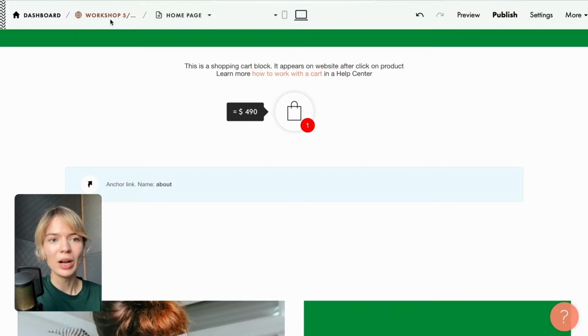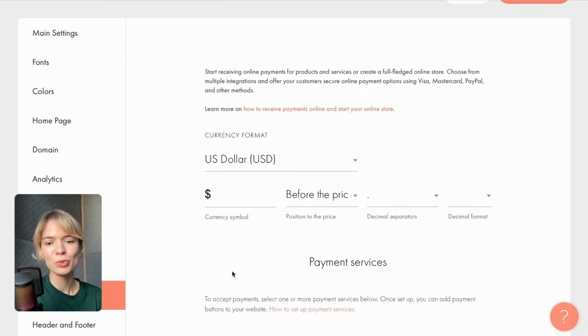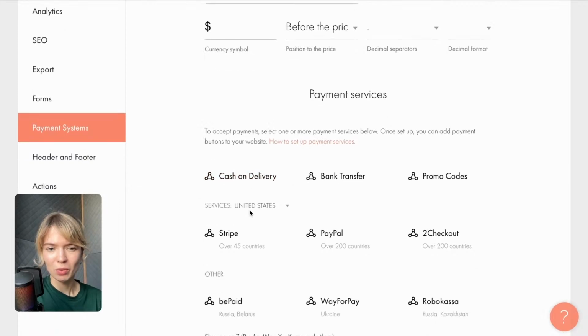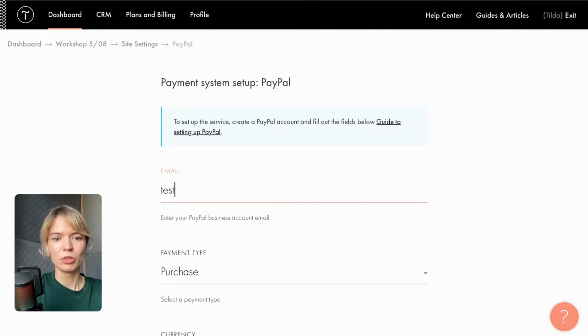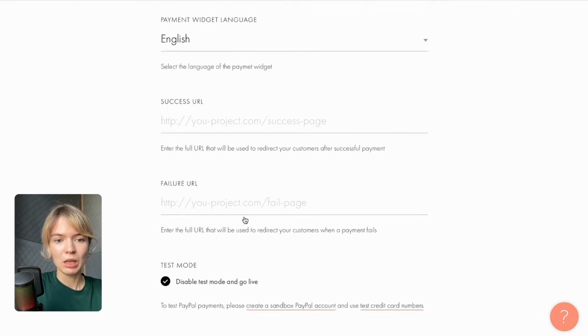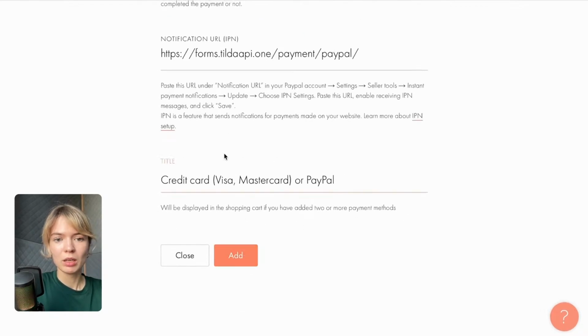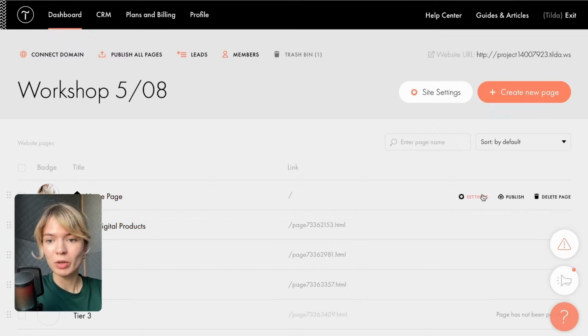All right, and we also need to go to the site settings, payment systems, and connect a suitable payment system. So I would go for PayPal, and I will just include a test account for the PayPal. So I will specify the currency, and here is what the title would look like in the checkout. All right, so I have connected a payment system, PayPal, and now I can republish my